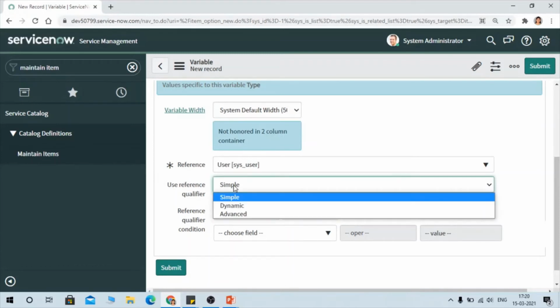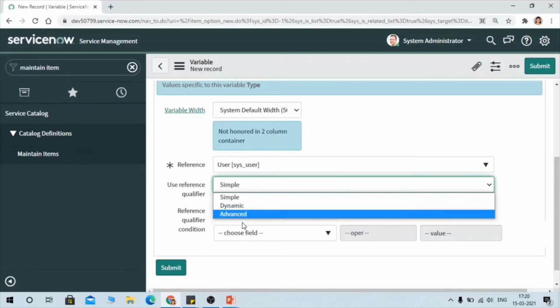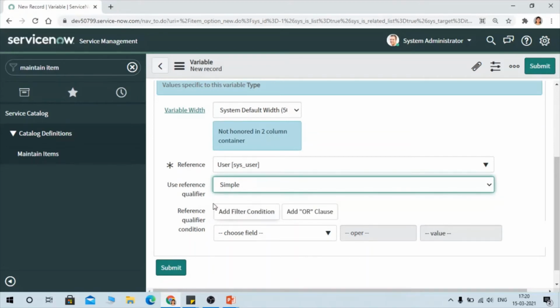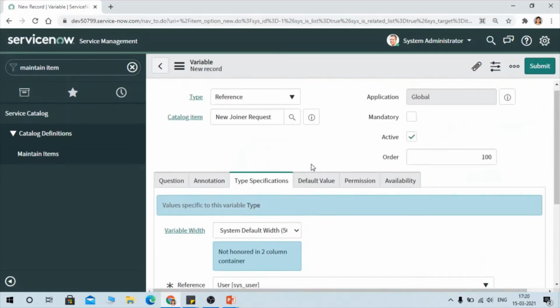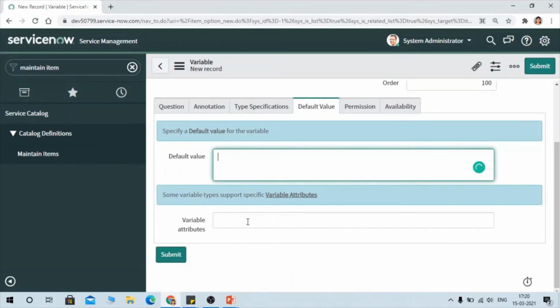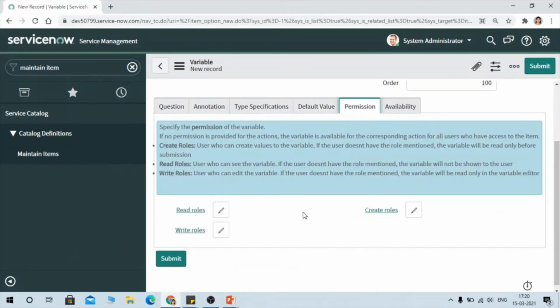So here you are having three kinds of reference qualifier. I am going to make a separate video on it. So now we are not putting any restriction on the data. You would be able to see all the user data under our name variable. You can have some default value, variable attributes, permission.